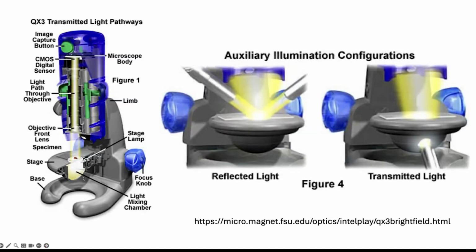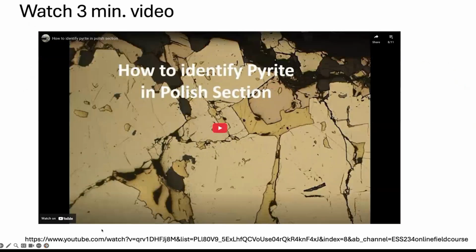So just to show you what that microscope looks like, here's a microscope. It could be set up for either reflected light, right, where the microscope is looking down at the specimen and light is being shined on its surface, or it could be transmitted light, where the light's coming up from the bottom through the thin section. And those are both skills, both useful in petrology and economic geology. So let's just see an example of how we can identify pyrite.